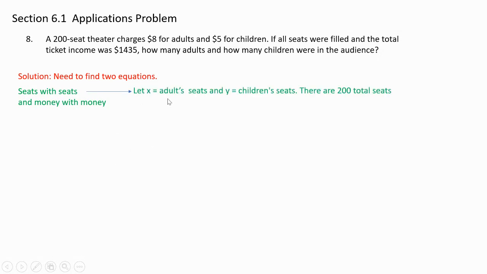That's why it's going to be let x equal adult seats and y equal children seats. So there are 200 total seats. So that's my equation, x plus y equals 200. Now, for the money, I like to say